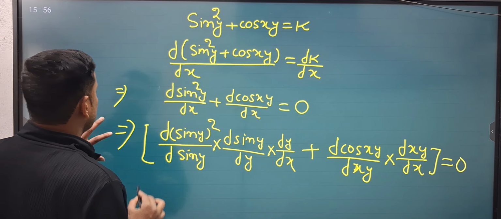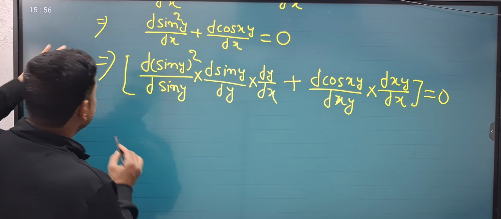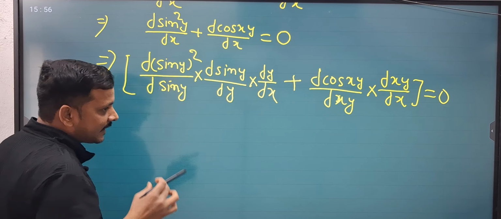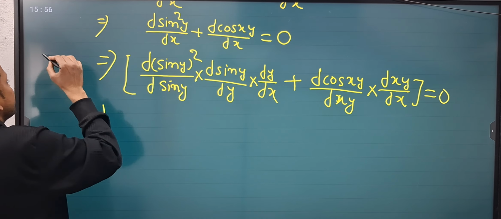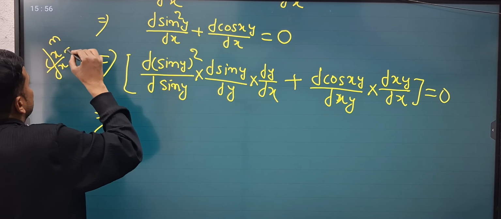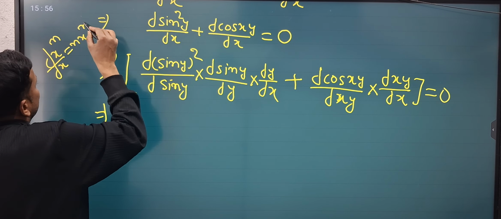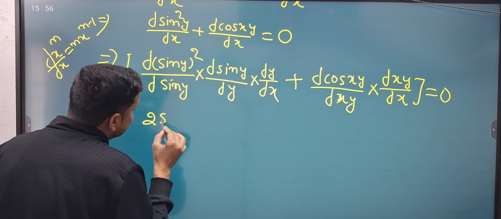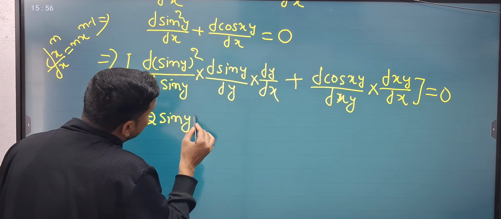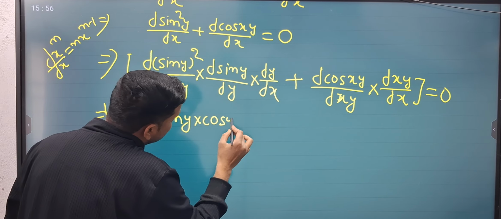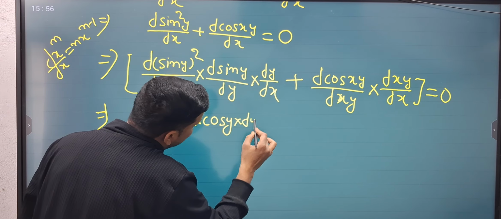You understood. So the next term: the differentiation of x to the power n is n x to the power n minus 1. So here will be 2 sin y into the differentiation of sin y, which will be cos y,